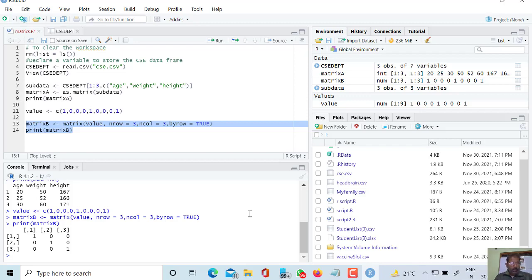Now let us perform some simple matrix operations.